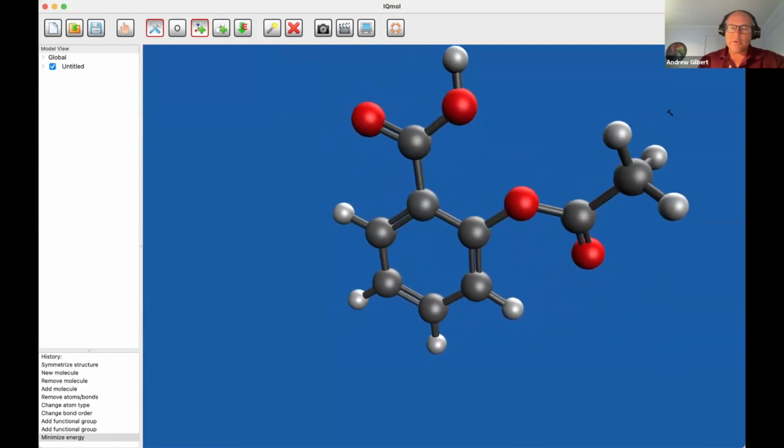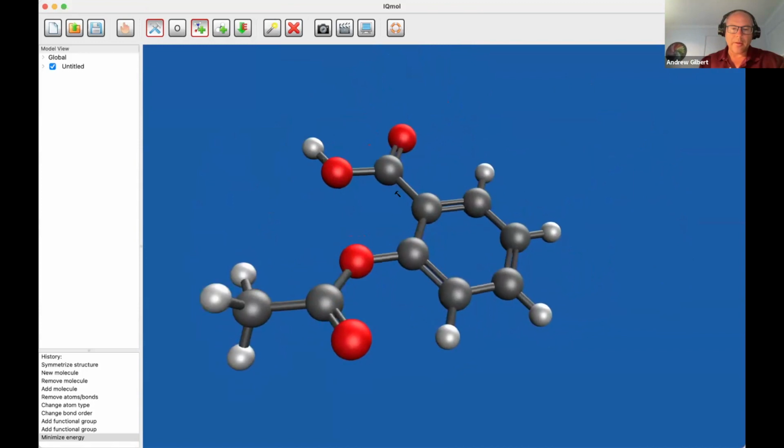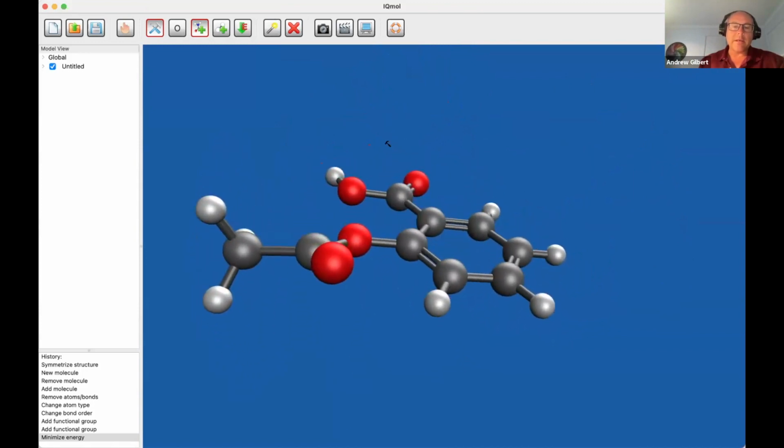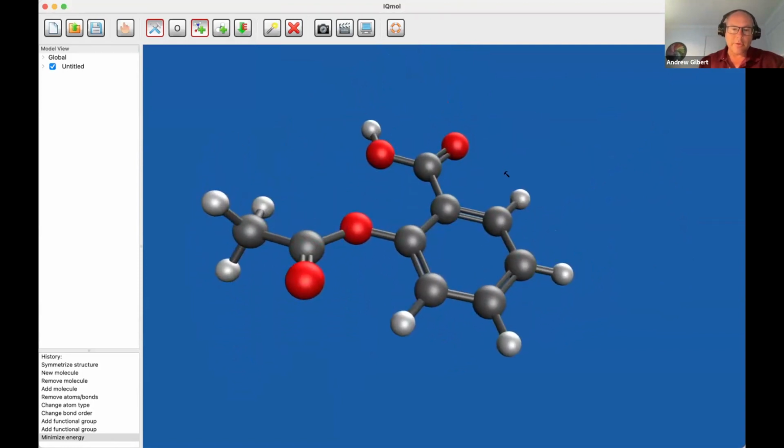Okay, so there's our structure there, but we might not be quite happy with it yet, because maybe we want to have the planar configuration of it. And as you can see there, it's not quite planar. So what do we do there? Well, what we can do is make a selection. I'm going to select